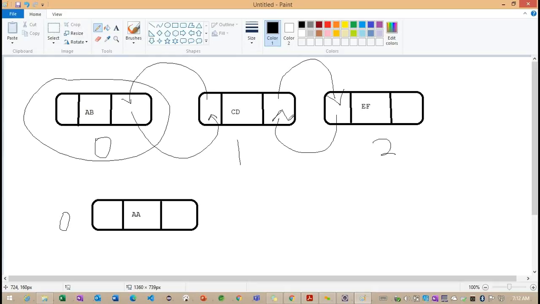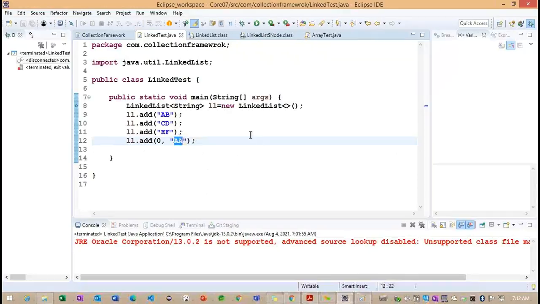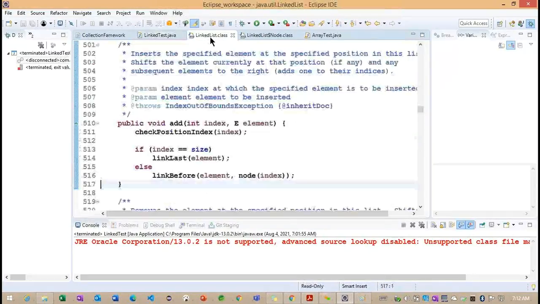Right. Now what we need to understand here: this particular AB, find out its previous node. Previous is null, so it is at 0, right? So when we are trying to create with a zero index location, one node is created. This particular next reference is moved to this particular previous. Now, what is the first node? This particular double A is the first node. So where exactly did we create this section of code? The section of code we created is here.